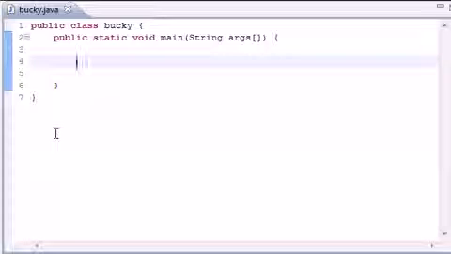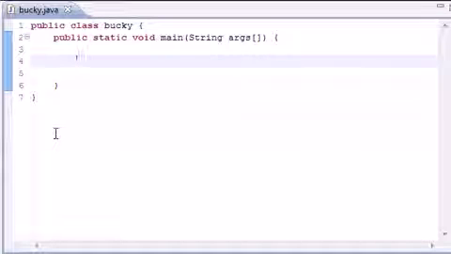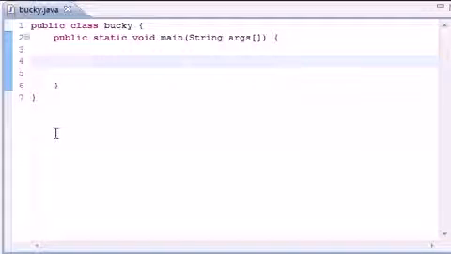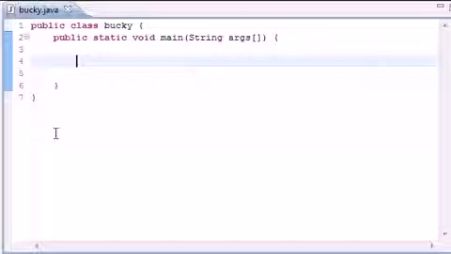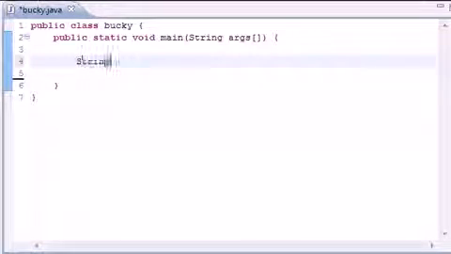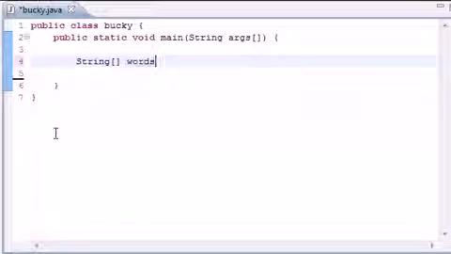So now that we got all the basics covered with strings, what I want to teach you in this tutorial is some cool methods called startsWith and endsWith, and they pretty much do exactly like they say. They allow you to loop through an array, or even just look at one string if you want, but that's kind of worthless. What they allow you to do is pick out all the words that begin with certain letters. So let's go ahead and make a string array, and we'll just name it words, because it's just going to have a bunch of words in it, and I'm going to put in funk,